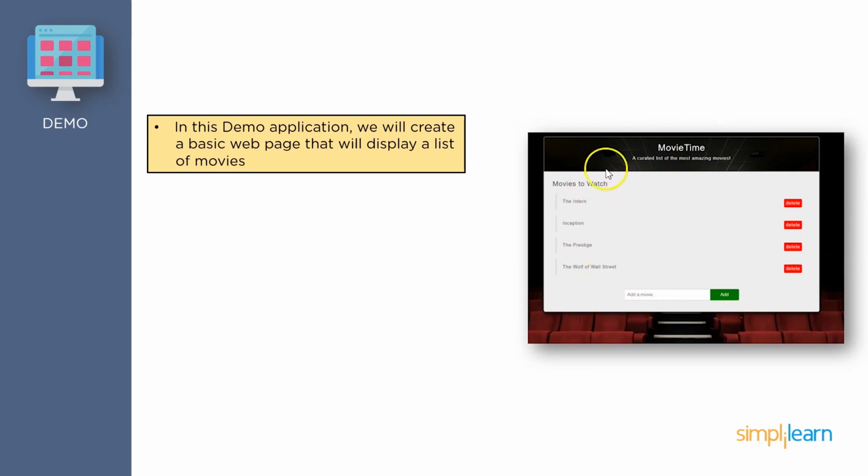Now this web page, as I told you earlier, is a movie website. It's like a movie web page. It's a single page that we are going to create. And you can see a list of movies to watch, some latest movies. You also have some red color buttons to your right, which are written as delete buttons. And there is also a green color add button at the end of the page, where you can input some movie name and you can dynamically add it.